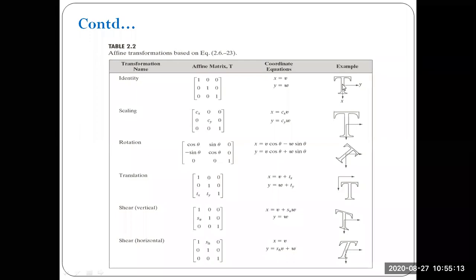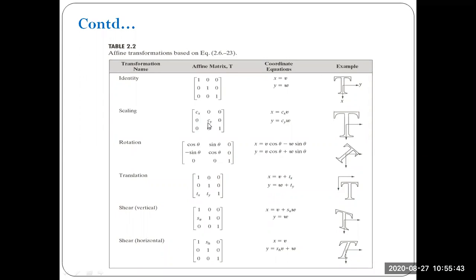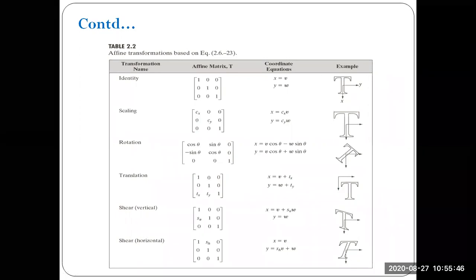Okay, so this is the x direction, this is the y direction. Horizontal is y, vertical is x. What is the first operation? I want to scale this T. So in the scaling operation, simply your ones, in the identity matrix, will be cx, cy, and 1. What is cx? A constant value by which you are increasing your image in the x direction. cy is also increasing your image in the y direction, and the remaining all same.